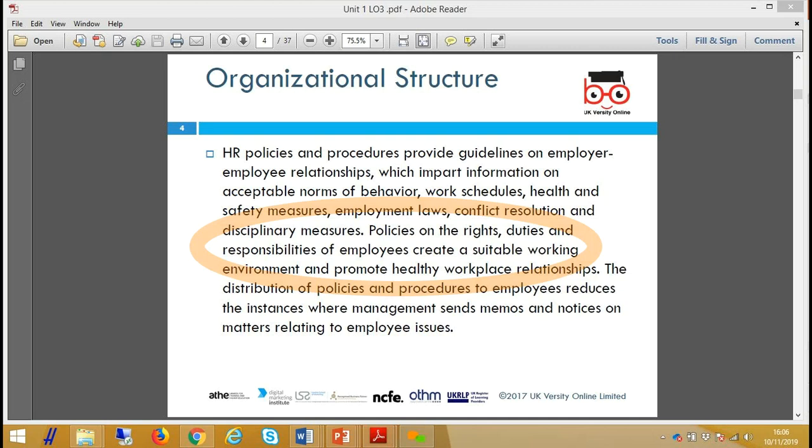They also are a focus for government regulation and government monitoring. When the government wants to come down hard on companies they think are breaching legislation, often that legislation is given effect through company policies. Where the company either doesn't have the right policies or doesn't implement them, even if it has them, it can get into trouble with the government regulators. So it's quite an important issue.